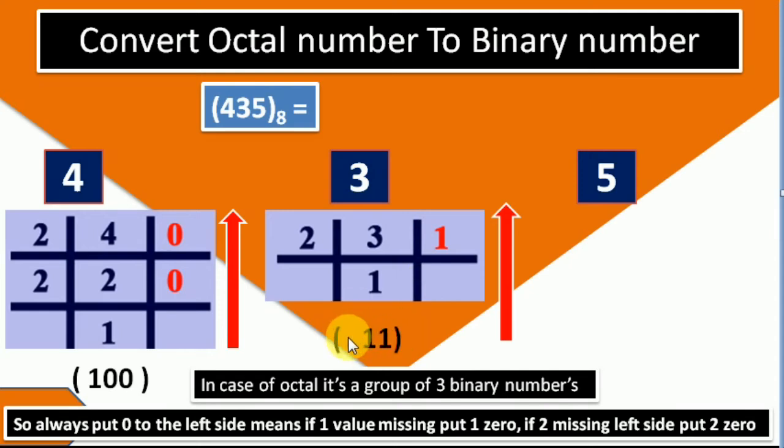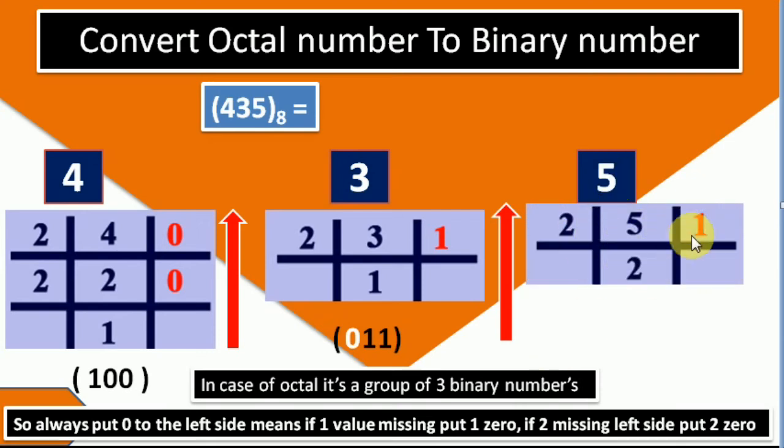So here you have to put the 0 where the missing number is. Here you have to put the number. And what is that number? 0. Now your binary of 3 is completed, that is 0 1 1. It is completed. Now we move to the 5.